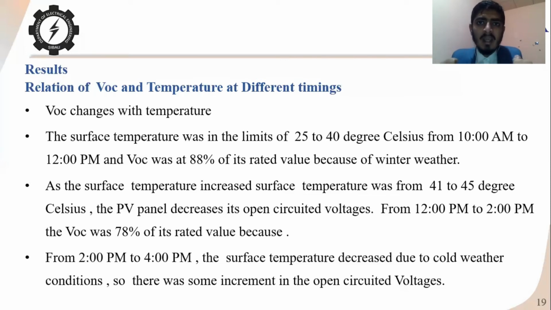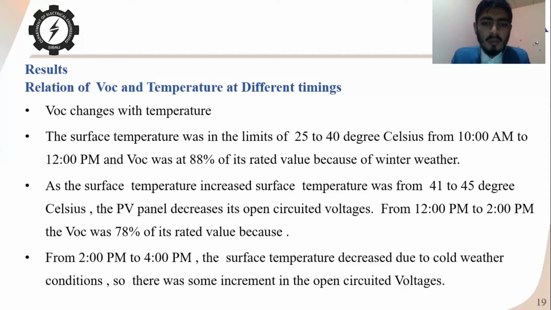And whenever the current reaches its rated value, the current does not increase further and causes the PV panel to heat up due to its internal resistance. It means we can say that the voltage is reduced due to resistive losses, due to I square R losses.